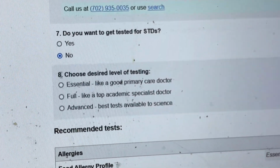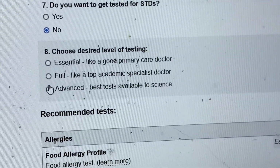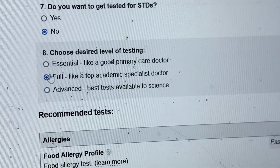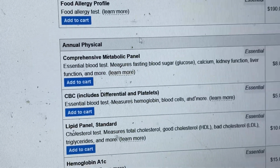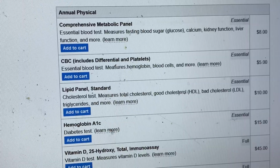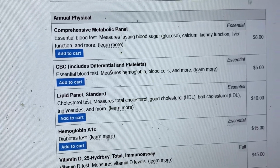And then it said, do you want to get checked for STDs? We'll do no. Choose desired level of testing: essential, full, or advanced. You can only choose one, so I always choose advanced, figure I'll get more. And then it comes down, it says, okay, what test do you want? So here's an allergy profile test, that's $190. I don't know that I'd do that, but